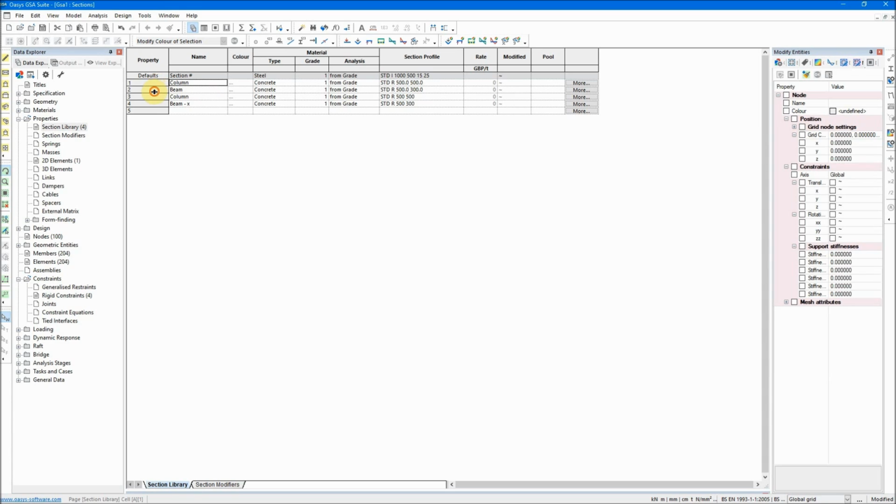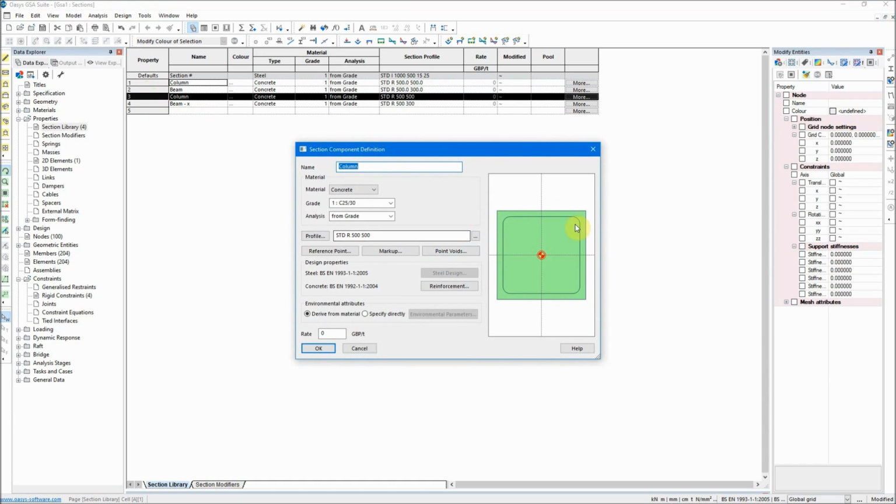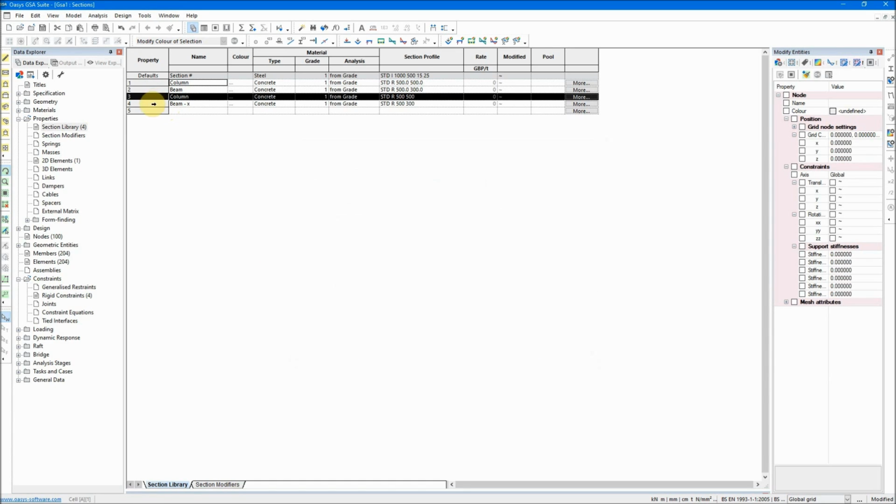So these two, this one and this one, were some of the default ones, which I didn't use at the end. I just defined them in the beginning. But if you remember, I defined a proper column with all the reinforcement and all the covers and stuff, and I called it column. And I also just defined one type of beam, calling it X, but I applied it to both directions of X and Y,